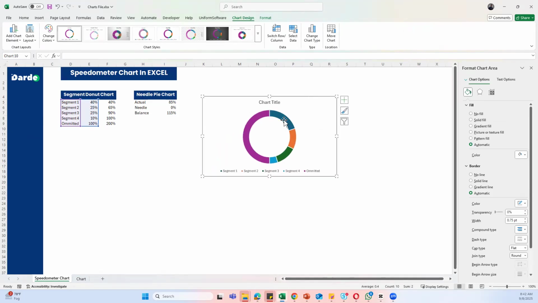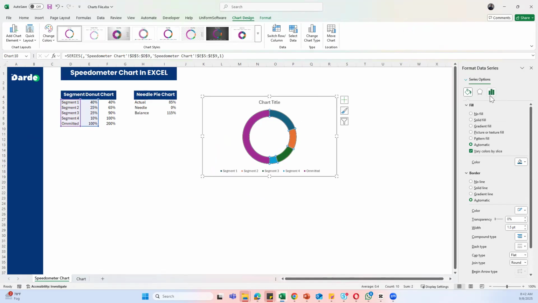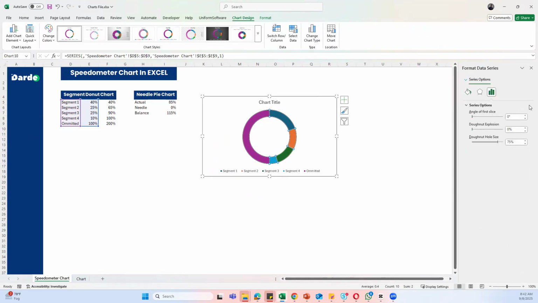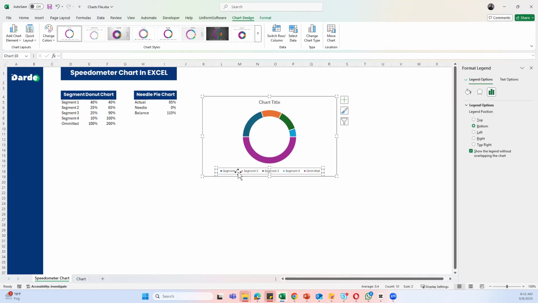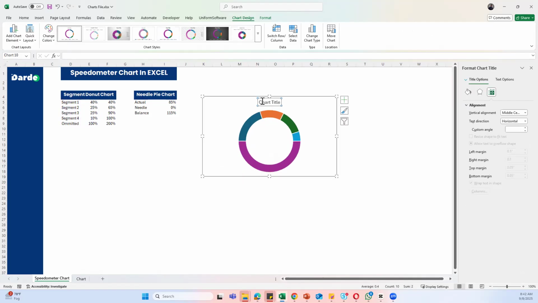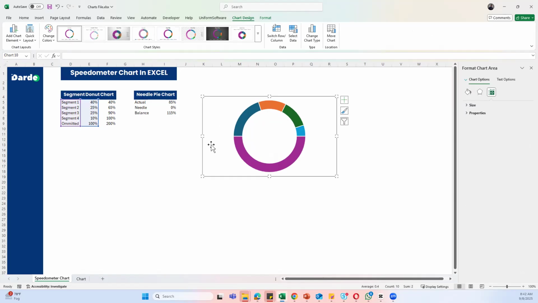So at this point, what you want to do is to format the angle of the first slice to be 270. Great. And remove the legend and the chart title. We can add the chart title if need be. Now what you want to do is to start formatting this chart. So first we'll just format this as a no fill,